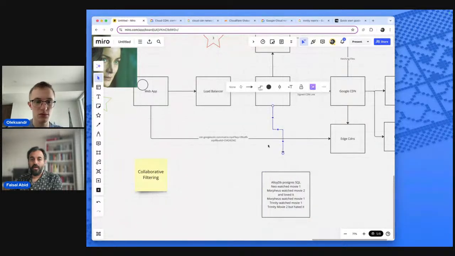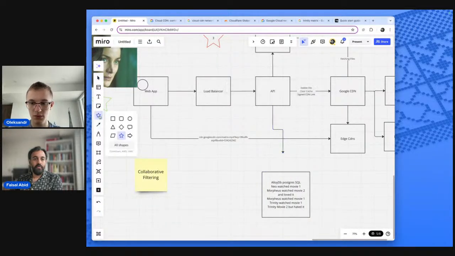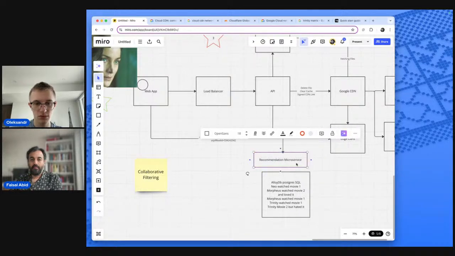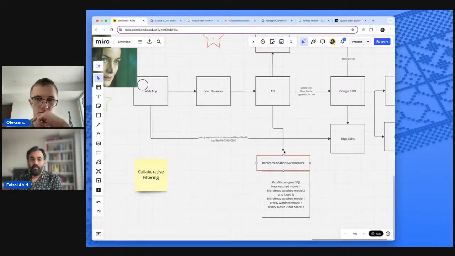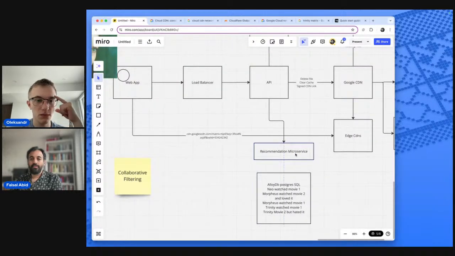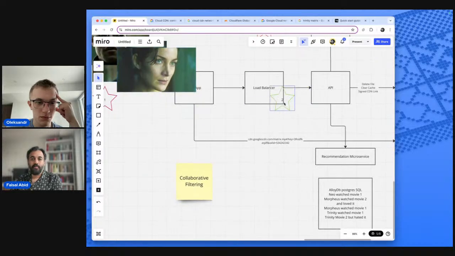So let's put in something here called a recommendation microservice. In your recommendation engine microservice, every time a movie's watched, you're storing that data, logging it to SQL.